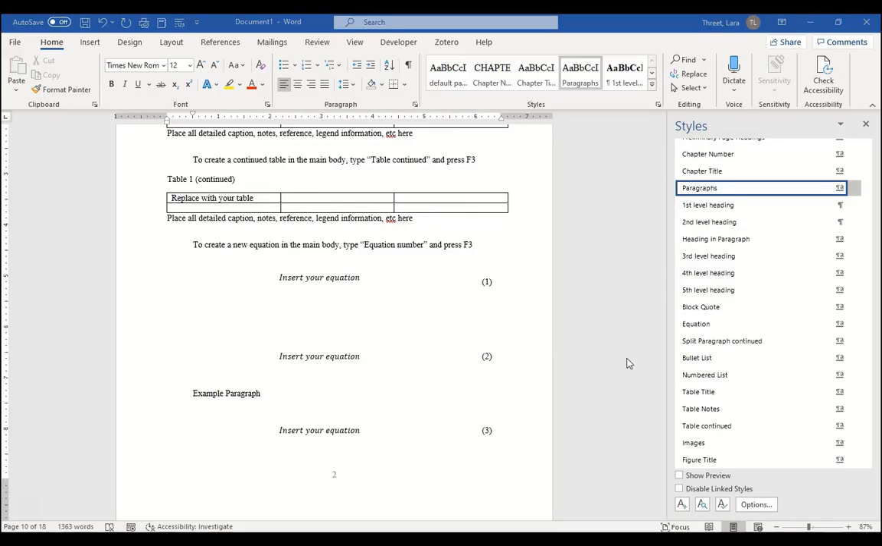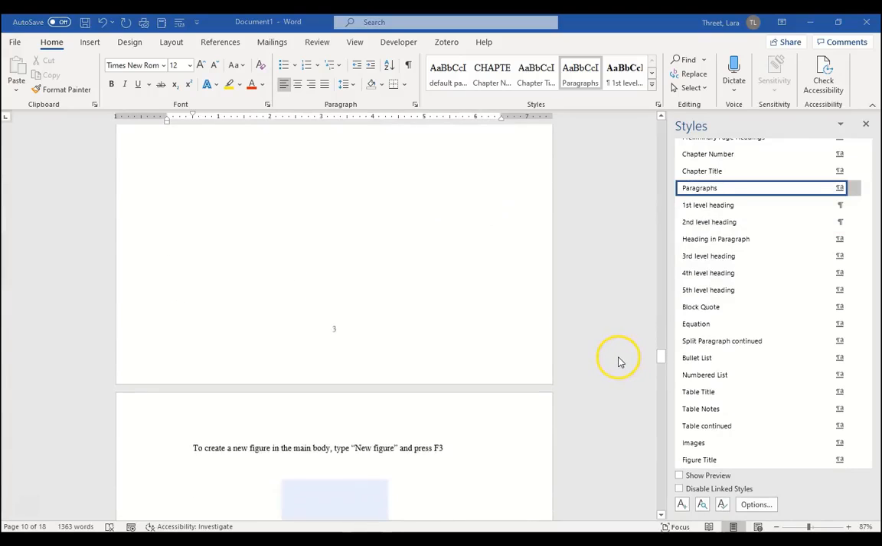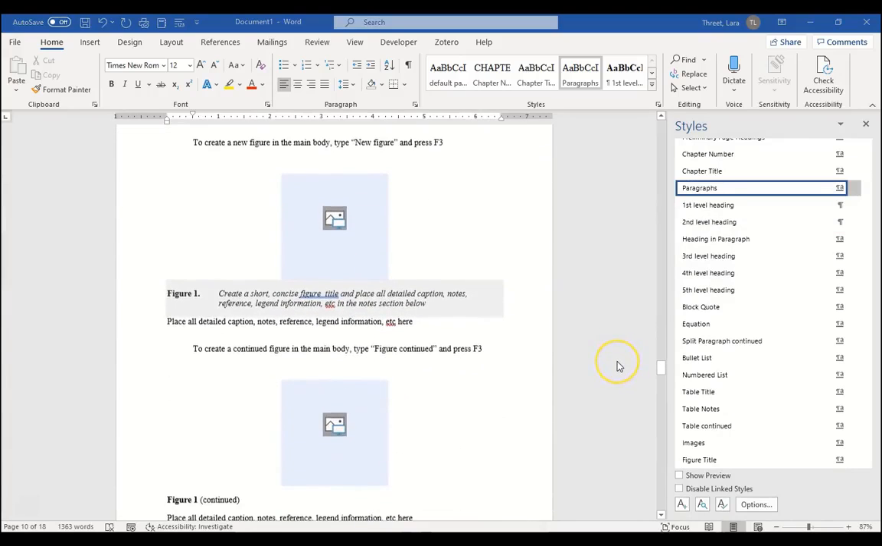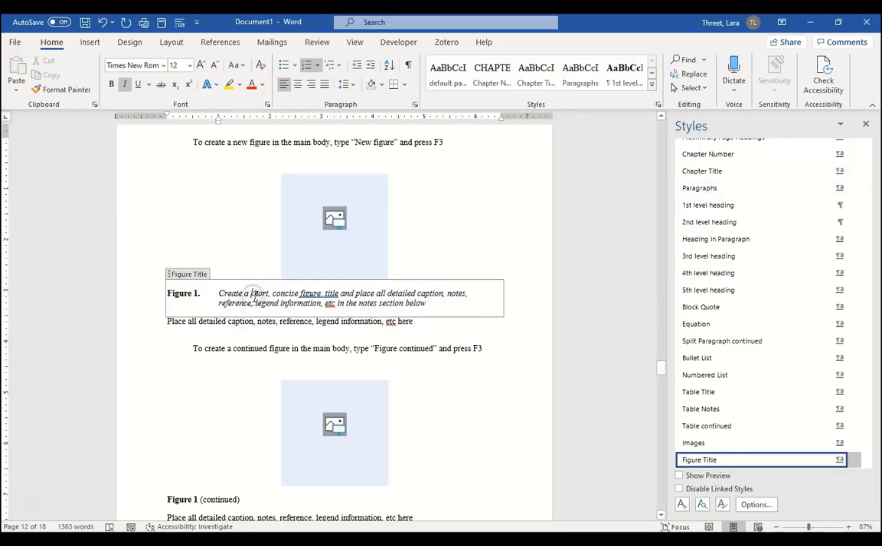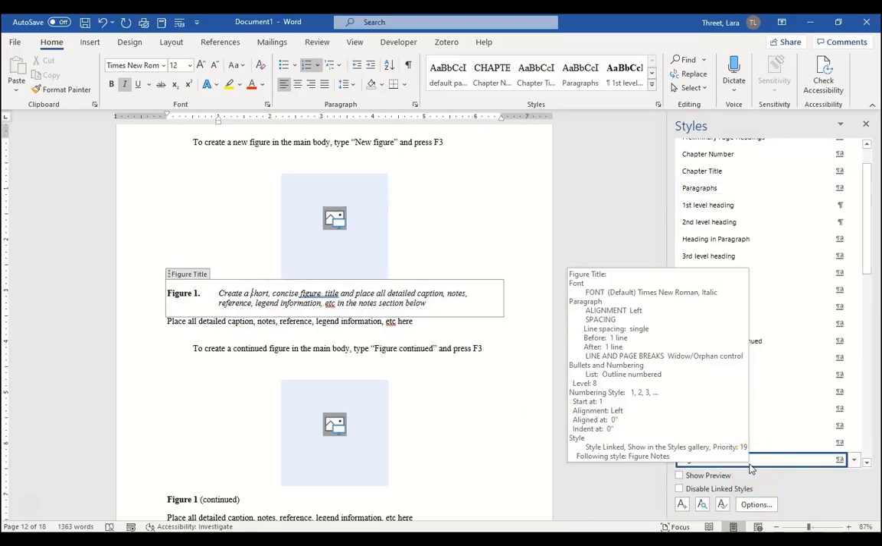So the next thing we're going to talk about are the figures. So let's scroll down to our example figures. Unlike the newest version of the APA guidelines, we kept the figure titles below the figure. They are single spaced instead of double spaced, but they do have italicized titles with a bolded figure number. So just like everything else, all you have to do is click here and then click figure title,